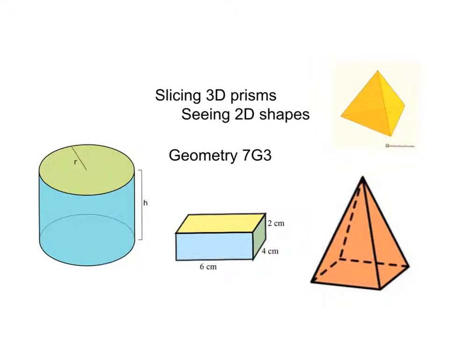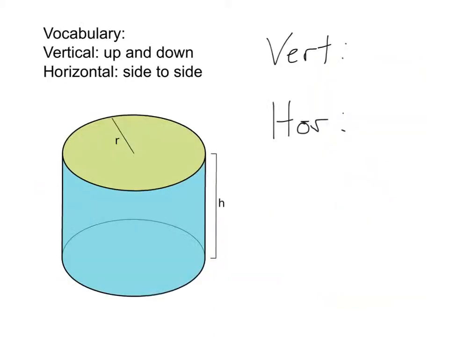Hello ladies and gentlemen, we're looking at slicing three-dimensional prisms, and we're going to see what two-dimensional shapes come from those when we actually open it up after the slice and look inside. Let's take a look. We're going to start off with the cylinder,